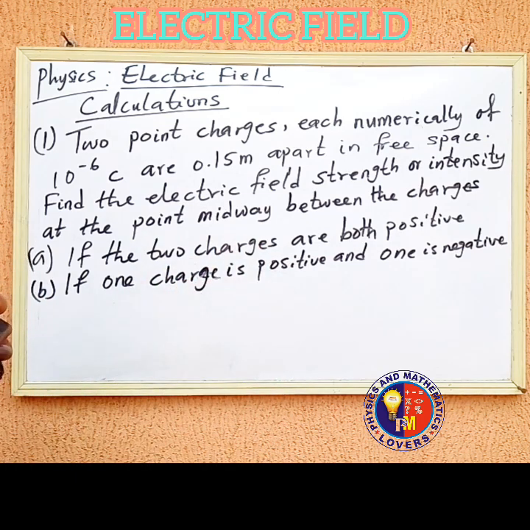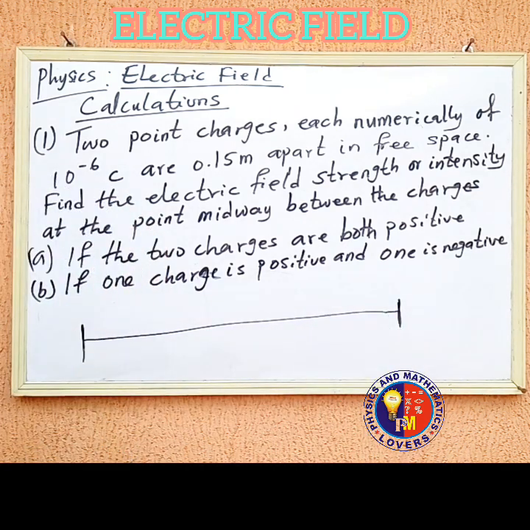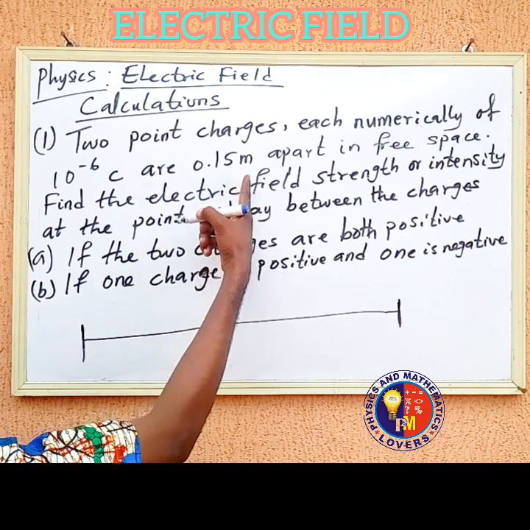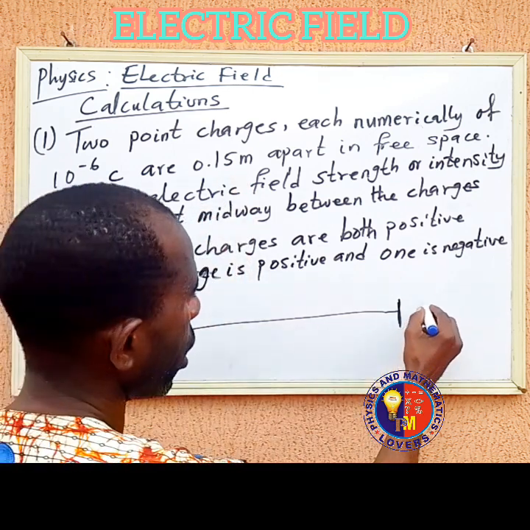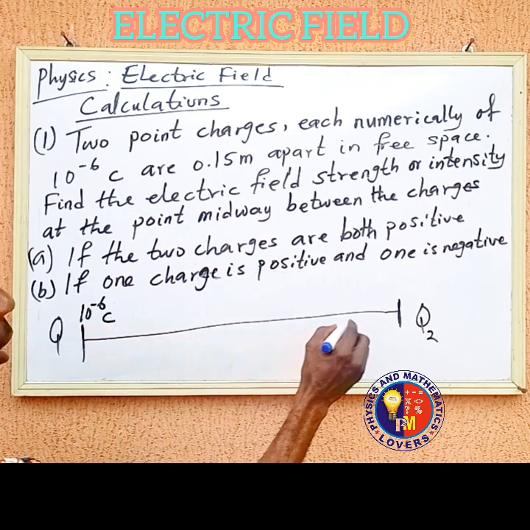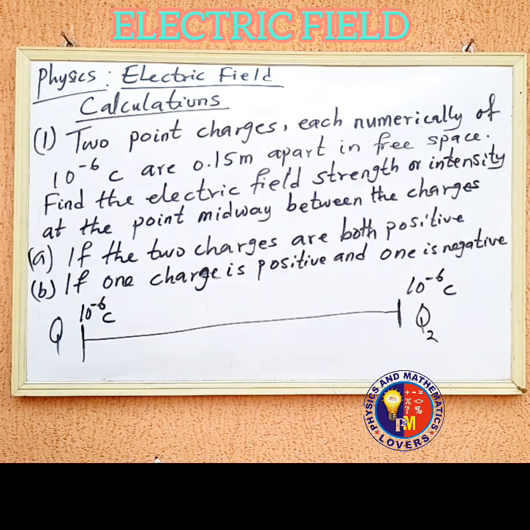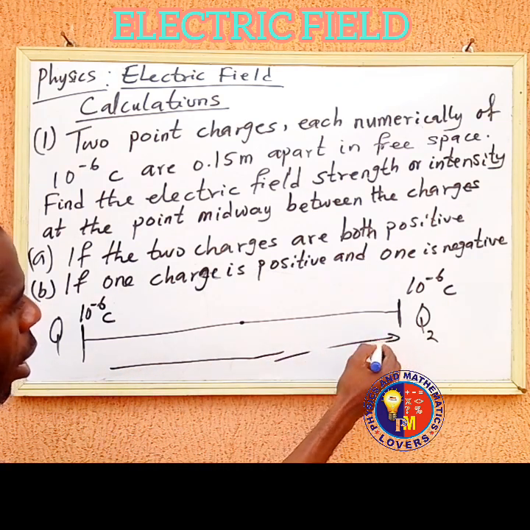They want us to find the strength between the two charges. Let's look at what we are trying to depict here. Let's say this is a point here, and this is a point here, and the two charges are separated. Let's call this one Q1, and this one Q2, and the two charges are of the same magnitude, 10 raised to power minus 6 coulomb. Here is also 10 raised to power minus 6 coulomb. Now we are asked to find the electric field intensity midway. The total distance between them is what? The distance from here to here is